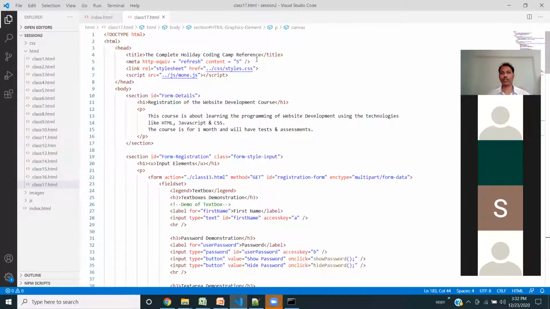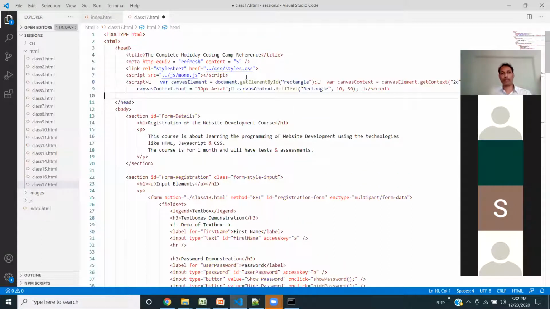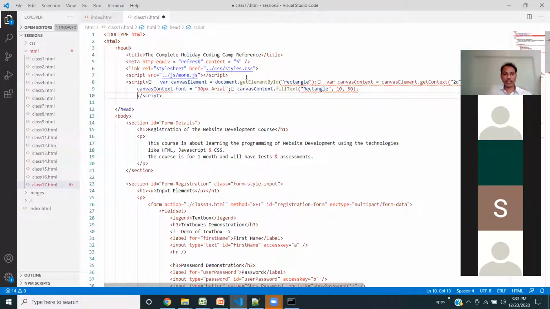So where should the script be added? This is a script tag, right? Oh yeah, see, there are many junk contents added. So I'm going to remove this junk content here. Okay, so here also, yeah,